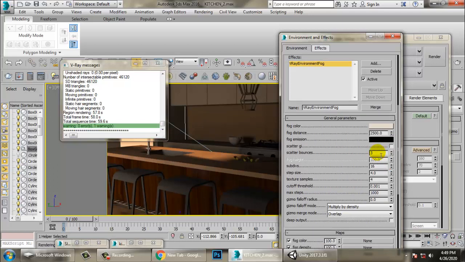Scatter, we can keep it as 2, subdivisions let's keep it as 32, and your step size you can keep it as 5 over here. So 0.003 and the steps kept as 500.